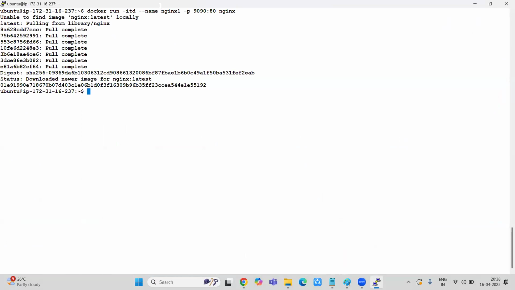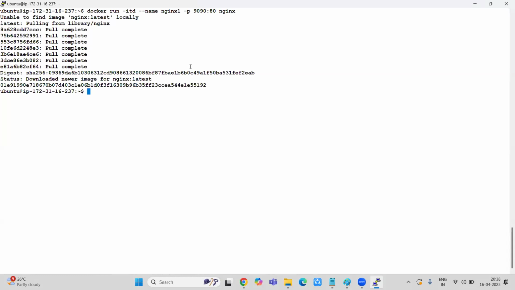Usually, when I pass a command, this is CLI based, a command from the user. When I pass a command, it goes via the REST API, that is a payload. Then it goes to the daemon. Daemon means background. So that daemon calls containerd. And how does it call containerd? It's via remote procedure calls, that is gRPC calls.